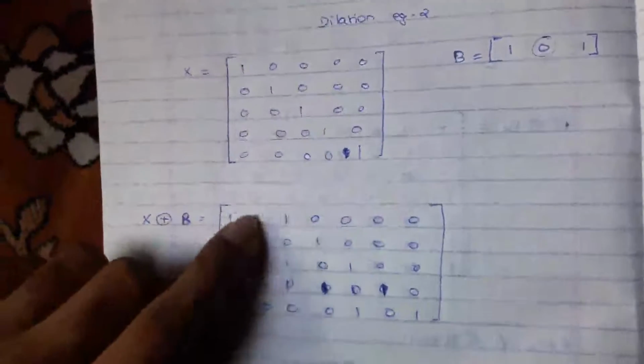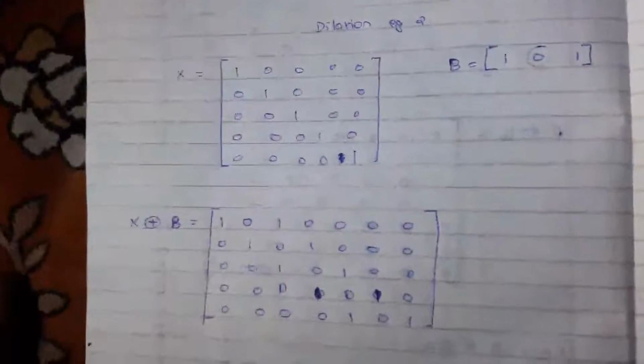So what will happen is the seed point will coincide with this. In this case, at the output, at that point, the whole structuring element will be replaced. That is what is dilation. Now we can see over here there is a 0. That is when the seed point will be placed over here. When this 0 will coincide with 0, this one with 1, and this one with 0, I'm sorry, at that time there will be no change. You don't consider zeros in dilation. You just have to see the ones in the image.